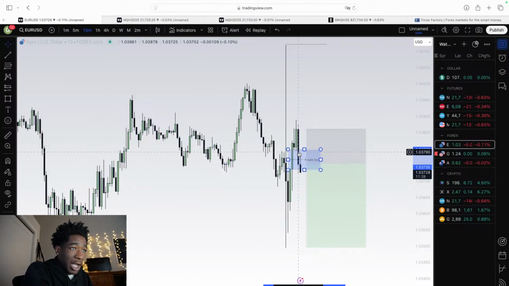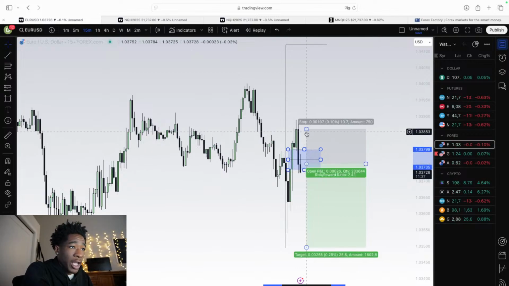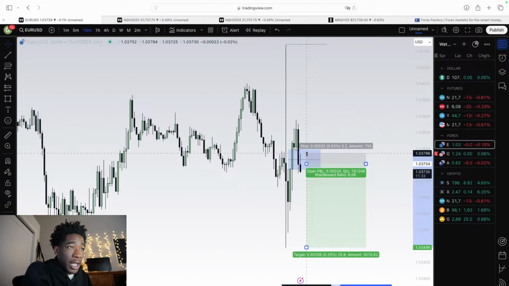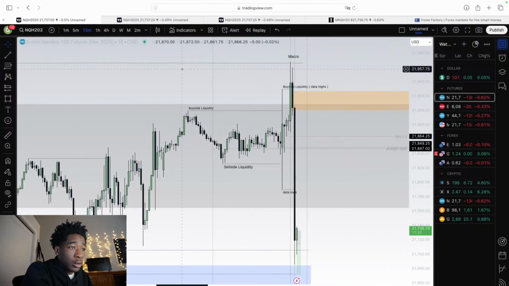We leave this little gap open. That could be considered a breakaway gap. And you can put your stop here, or if you really trusted this model, you could put it there, and that'll be an 8 to 3. So